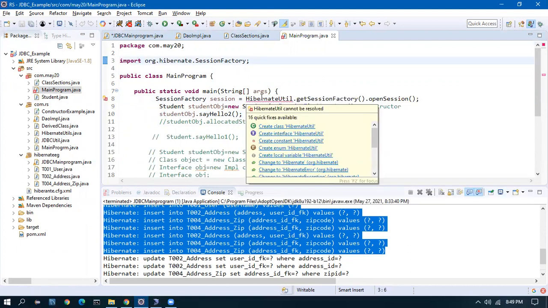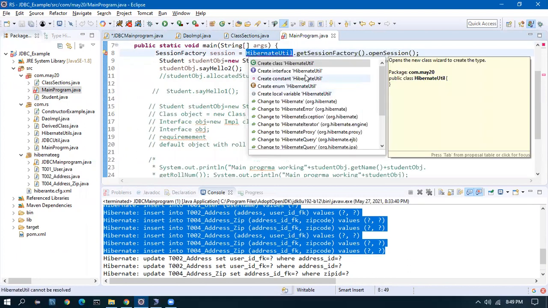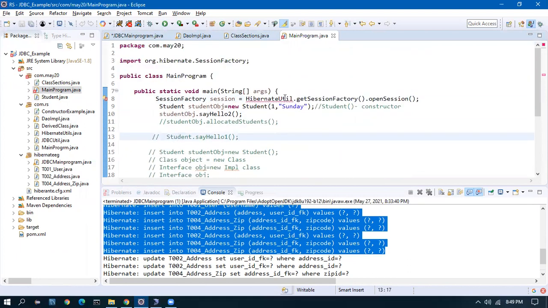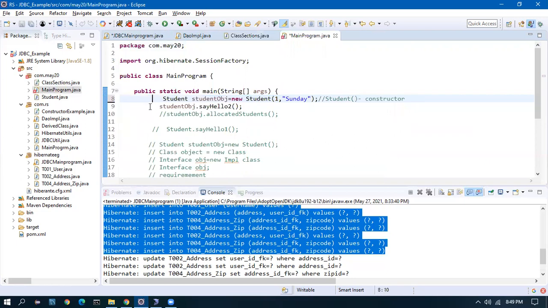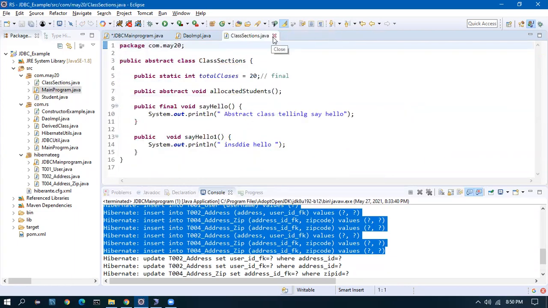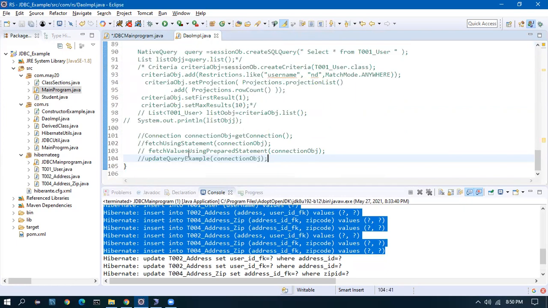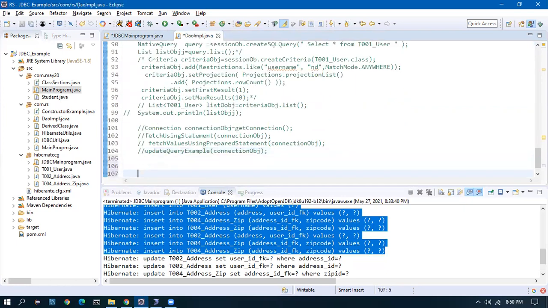Okay, Hibernate util, because I moved to a different package. I'm not using it here. Okay, so this is good. All right. Now I will go and write a fetch method in the DAO. I'll write public, I want to fetch a list of T001 users, fetch T001 users.